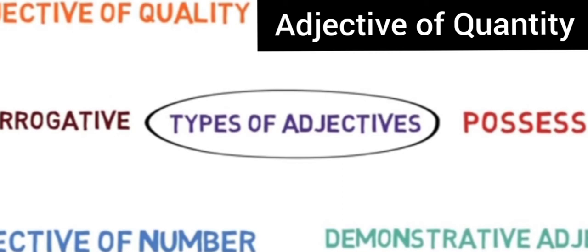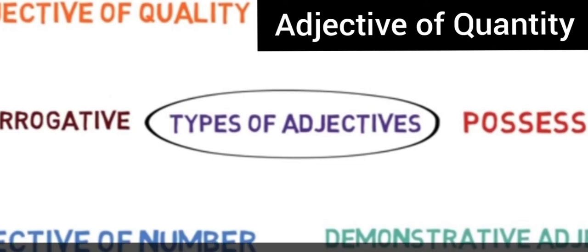See, I am saying there are a few oranges in the basket. I am not giving an exact number, an exact count. I am just saying there are few oranges in the basket. When we use these kinds of words to describe a noun, we are talking about a quantity, but it's not an exact quantity. We are saying few, little, much, enough. That is adjective of quantity.